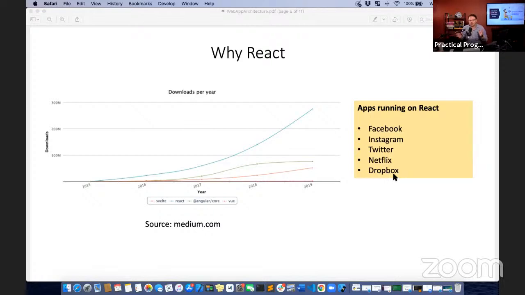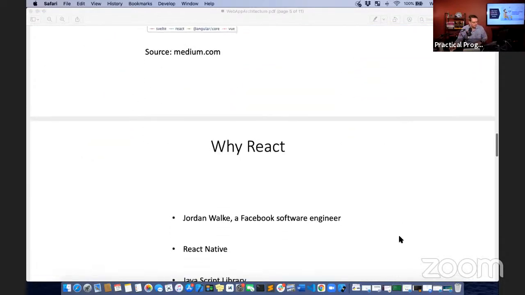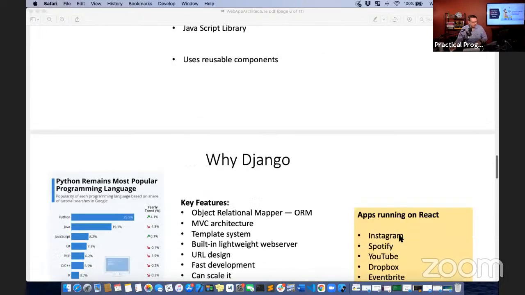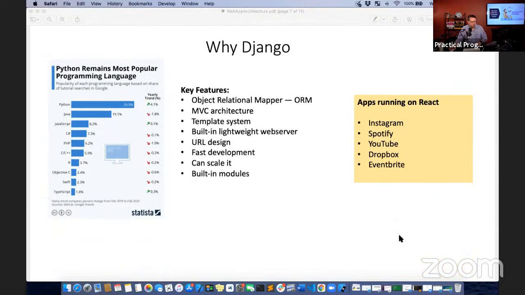So that's what I do for a living. I love this combination. So today we're going to be talking about backend. All right. So again, we're skipping the React part. Why Django? Okay. So first of all,